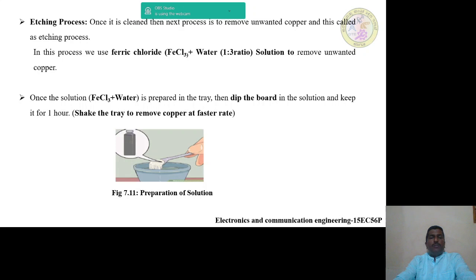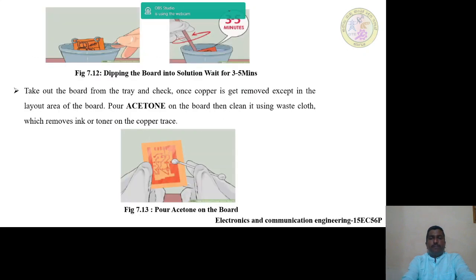Once solution is prepared, dip the board in the solution, keep it for 1 hour. To remove the copper at the faster rate, shake the tray regularly. It will take 3 to 5 minutes to 1 hour to remove the unwanted copper. Once copper is removed, except in the layout area of the board,